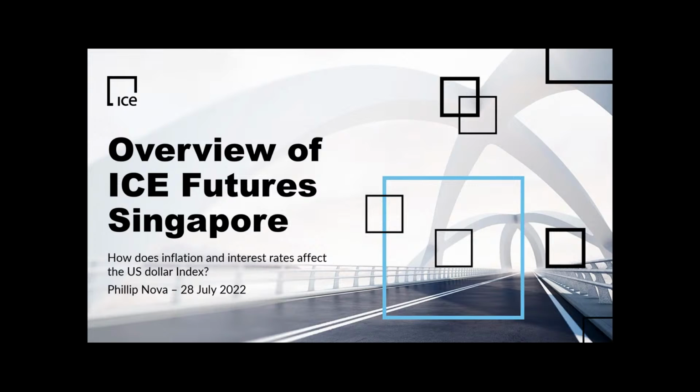And of course, this topic comes at a very timely manner. Last evening, the Federal Reserve raised the interest rate by another 75 basis points for the second straight month. So that makes the US central bank more expensive to borrow money. It means interest rates will most likely rise as well here in Singapore. I think inflation is rising at one of the most rapid paces since the 1980s, and the Fed is responding to that by raising the interest rates.